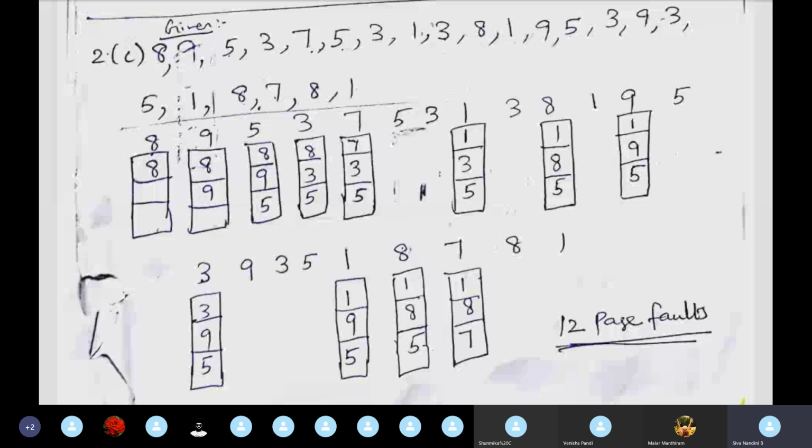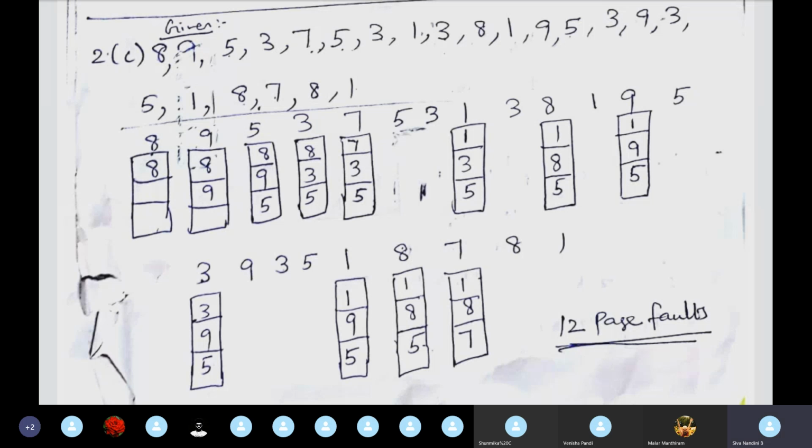Okay. So after this 8th page, in the reference string we are having 7. So the 7 is also not available in the frame. So to bring that page 7 into the frame, we have to see the future pages. So if you see the future pages, we are having 8. So this 8 in the frame shouldn't be replaced. And after this 8 in the reference string, we are having 1. So this 1 in the frame also shouldn't be replaced. So other than this 8 and 1 pages, we can replace the 5th page by the 7th page. So I'm replacing the 5th page by the 7th page.